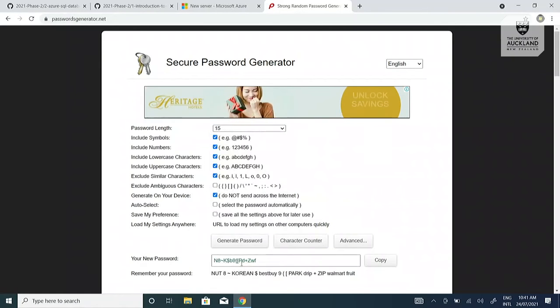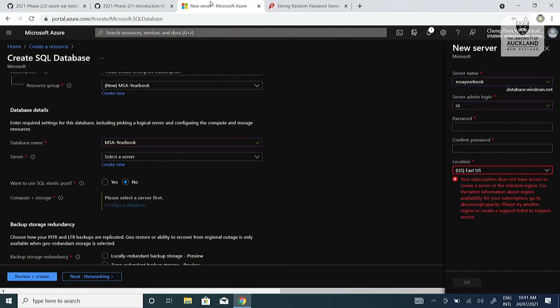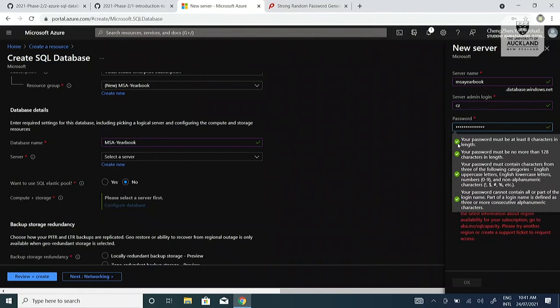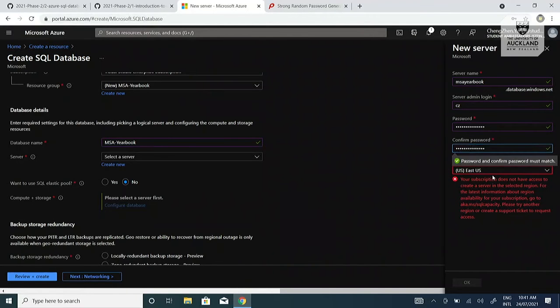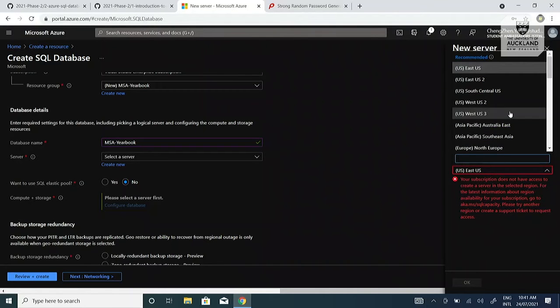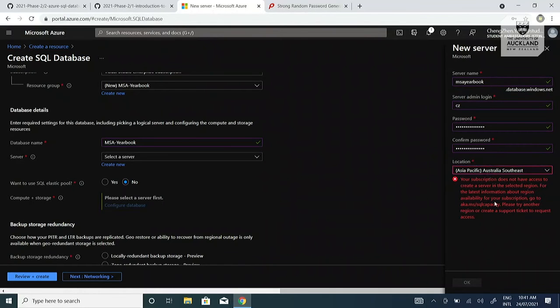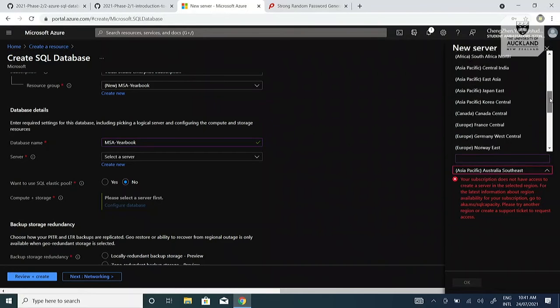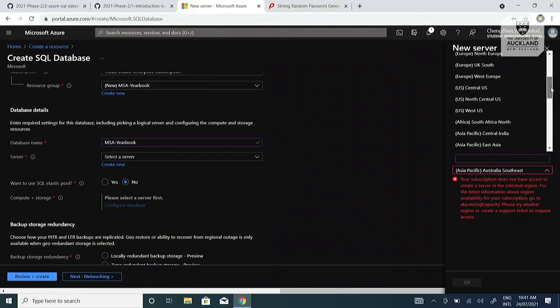Six? That's too weak. So my username is CZ, and my password is random letters. For subscription, you want to choose the closest near you. Unfortunately, we can't choose others because my subscription doesn't support these regions. So you want to choose the only one available in Australia that we can choose, which is,